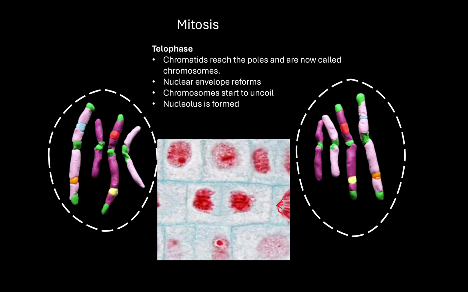Can you see the chromosomes lined up at the equator? Can you see the V-shaped chromosomes being pulled apart? Can you see the nucleus reforming? Can you see two nuclei? So you need to identify these different features if they give you a picture in your exam, which they do